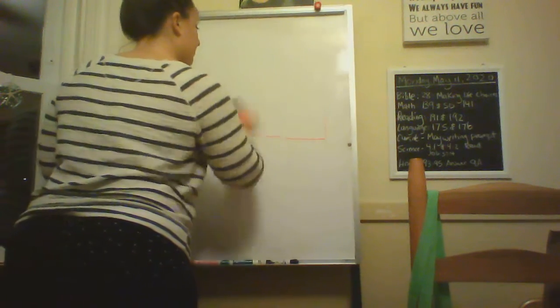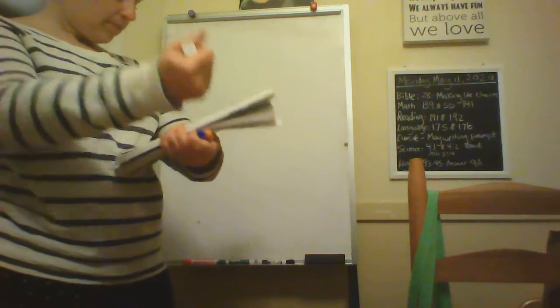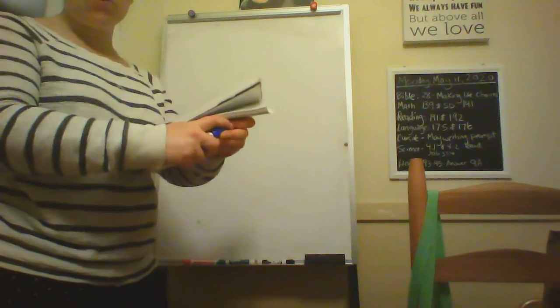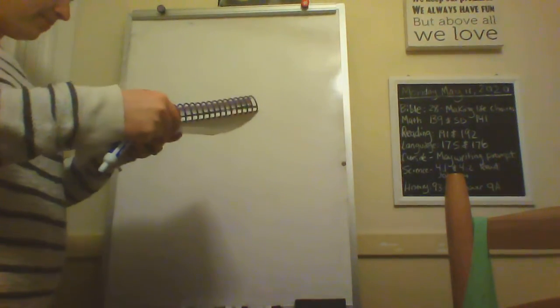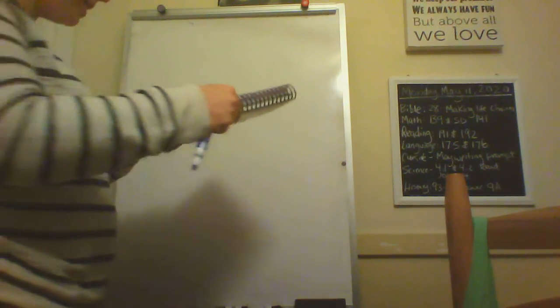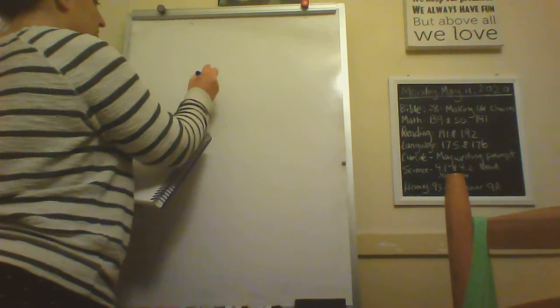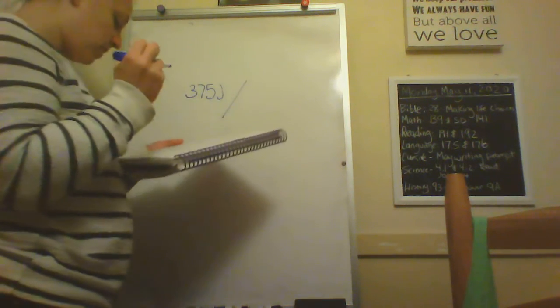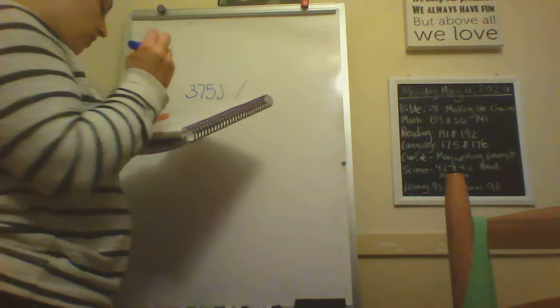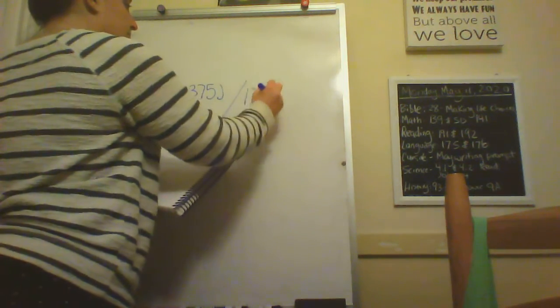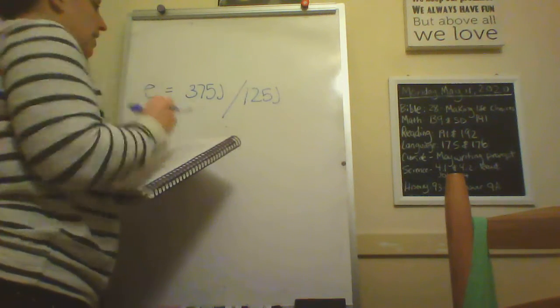So back on page 245, if you're looking for the efficiency of a machine, efficiency was work output divided by work input times 100. Okay, so if we use the information that we've got, they gave us the work input is 375 joules divided by the work output, which is 125 joules. Okay, so this is efficiency equals